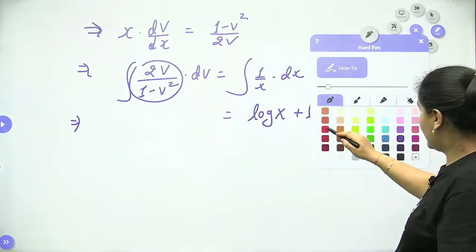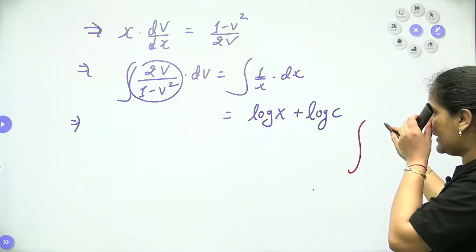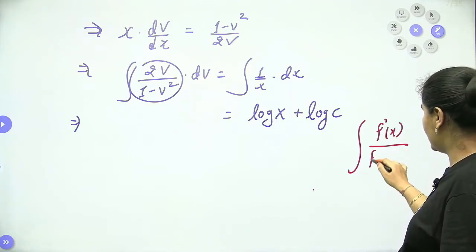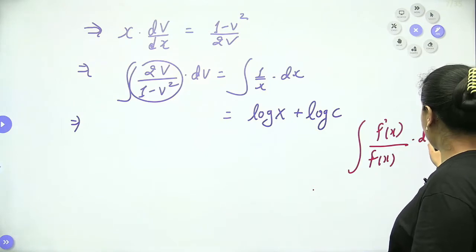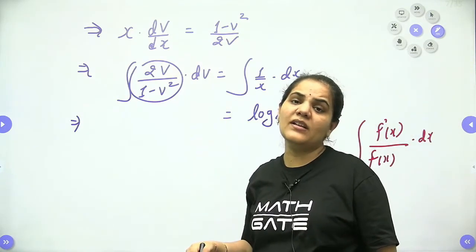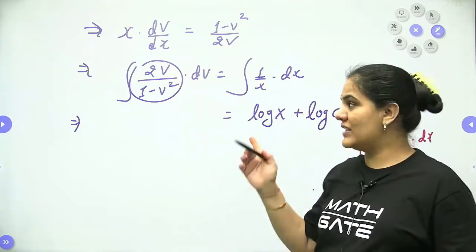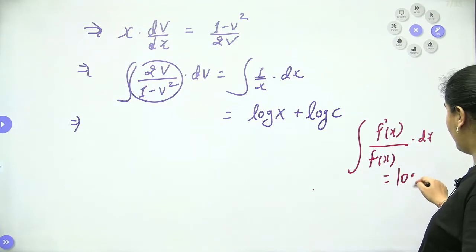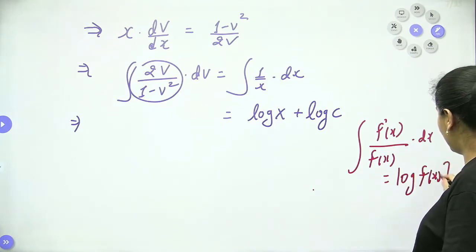So here you can identify which form is directly approaching. You can see it is nothing but f dash x upon fx, dear students. Can you see it directly? Your fx is 1 minus v square. When you differentiate 1 minus v square, the result will be minus 2v. So hence we can write down the answer in minus form, right? So it will be log of fx only. Yes, exactly, we know very well.